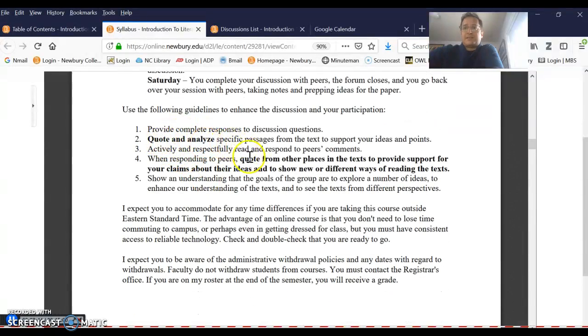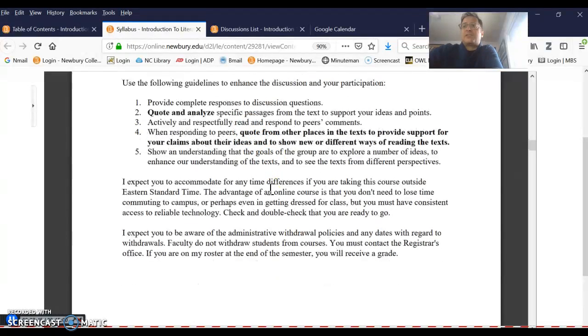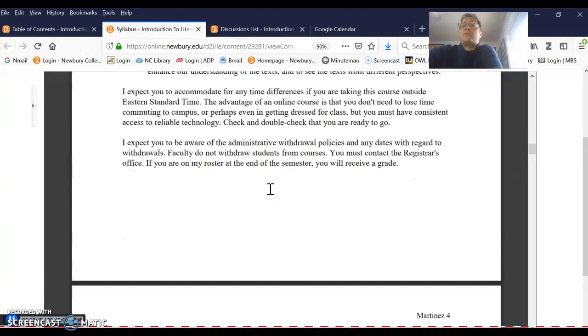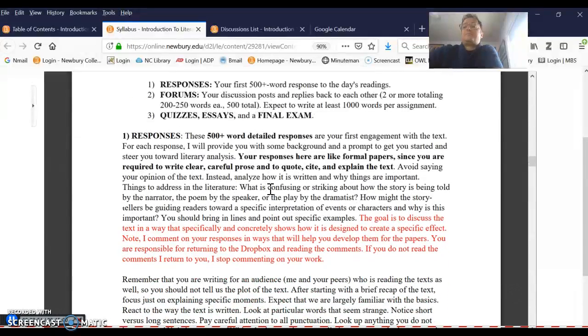Note the emphasis again and again on quoting and analyzing the specific text. This class is very much about discussing the text in a way that specifically and concretely shows how it's designed to create a specific effect on the reader. So all the texts that we are reading are designed to elicit certain emotions, certain ideas, certain reactions, thoughts from us as readers. So your job is to figure out how the story is constructed that way. And you need to be quoting and analyzing the text